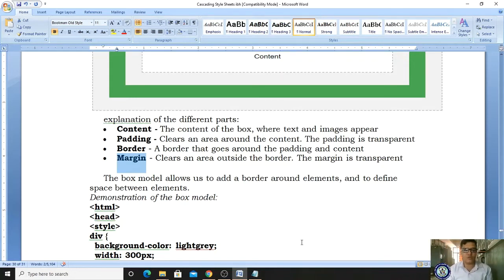The box model allows us to add a border around the element and to define spaces between the elements. By using this box model, it adds a border around our element. Whatever content we place, it gives borders and defines spaces between the elements and the contents. To understand that, let us see one simple program.